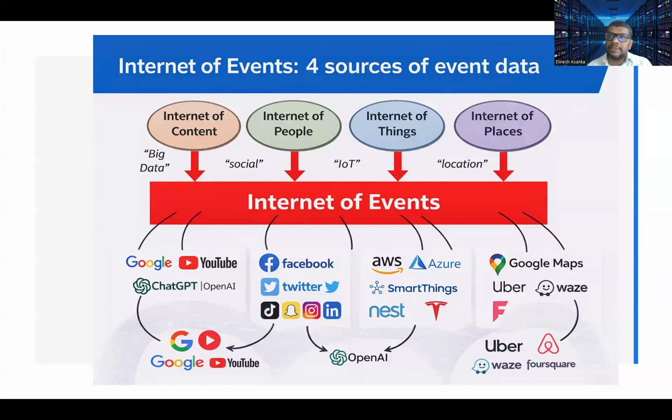In 2016, during the US election, a lot of analysis was made between Donald Trump's tweets versus Hillary Clinton's tweets. In those days it was Twitter, so Twitter data was used for that analysis. Nowadays you have a large number of social media networks: TikTok, Instagram, LinkedIn, you name it. All of this can be considered the Internet of People.